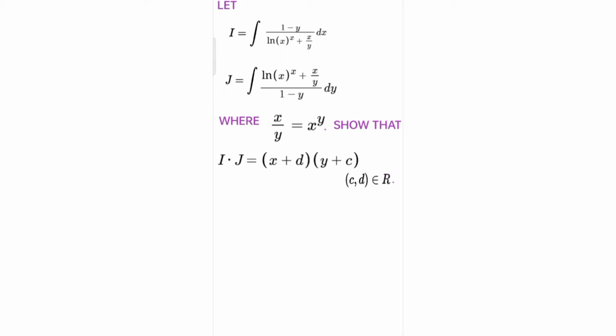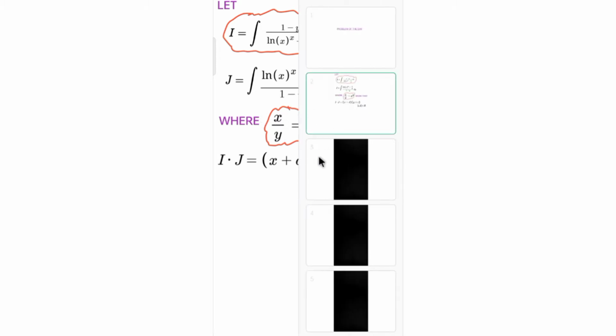So let us start the solution. The very first important thing is we need to use the condition given to us. That's the only way we get the idea. Using this condition, we need to approach the terms that are given in one of these. If I consider I as the term I'm going to focus on, I need to modify this condition in some way and get to this one. So I need to look at that first.